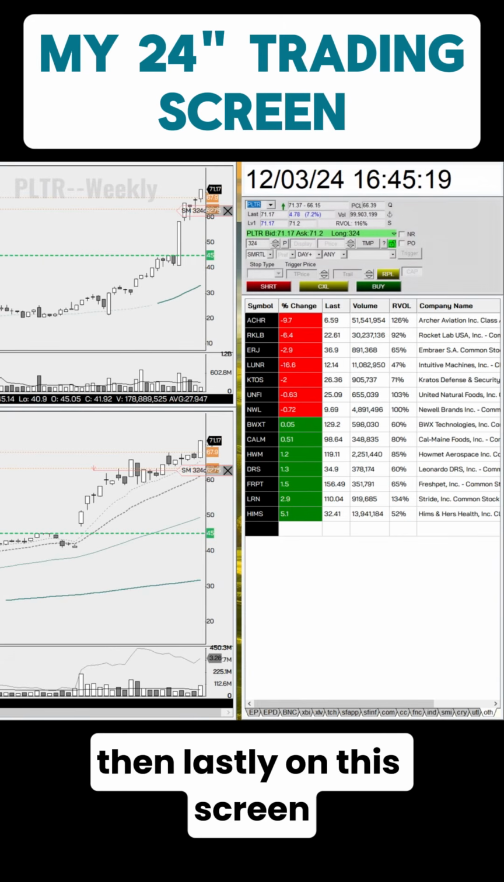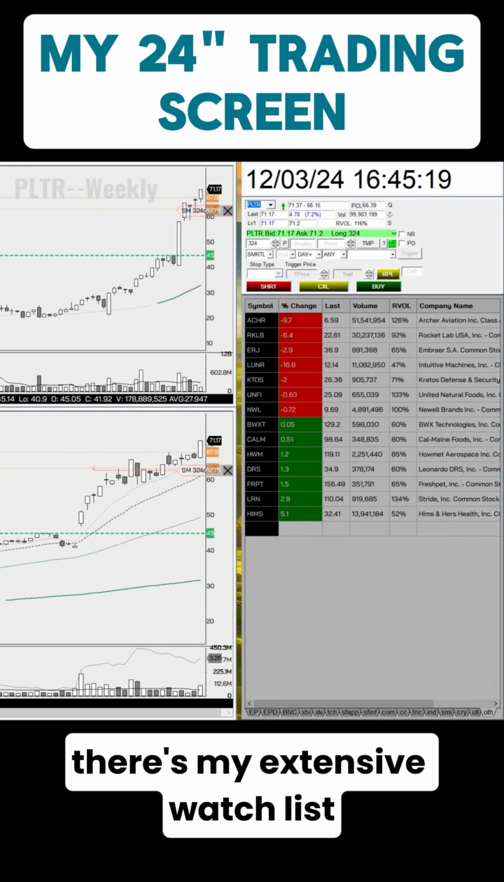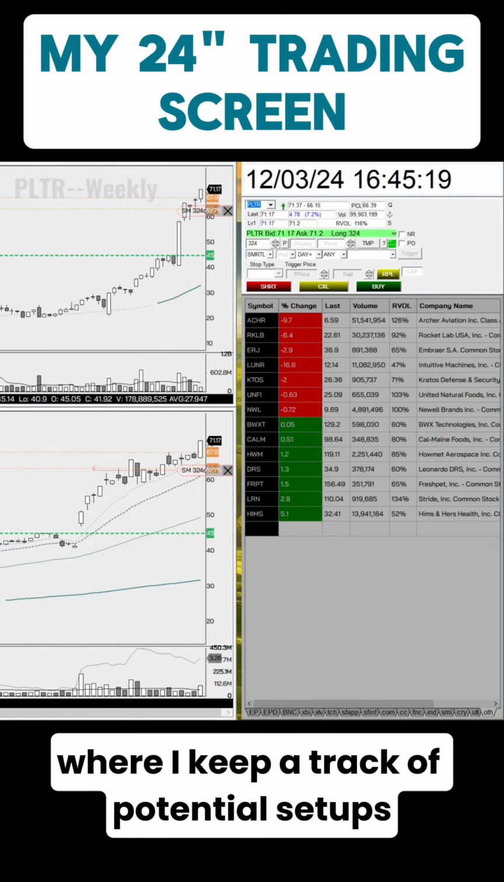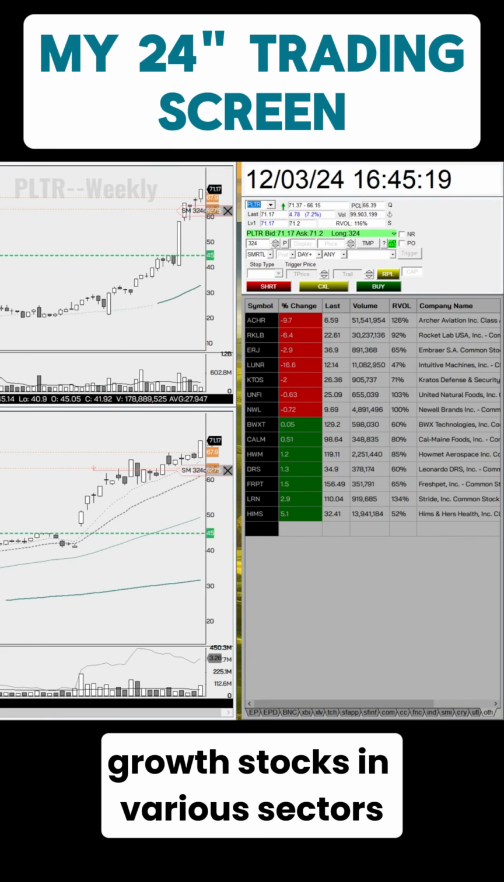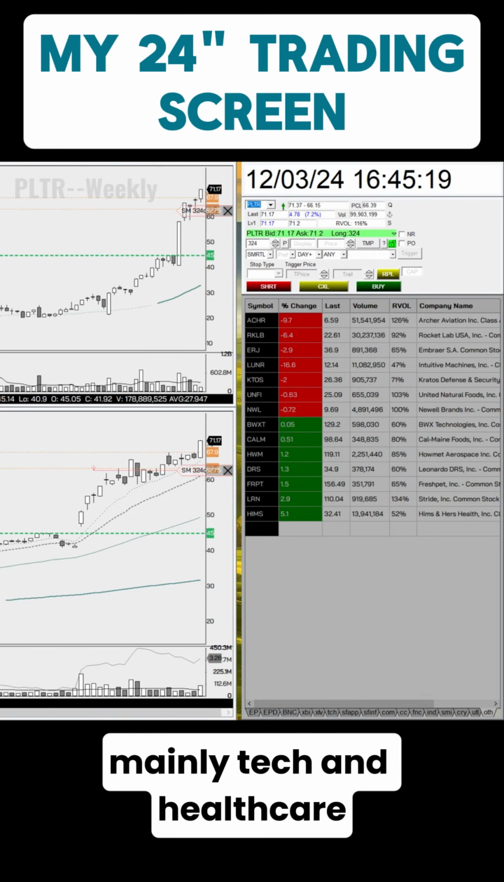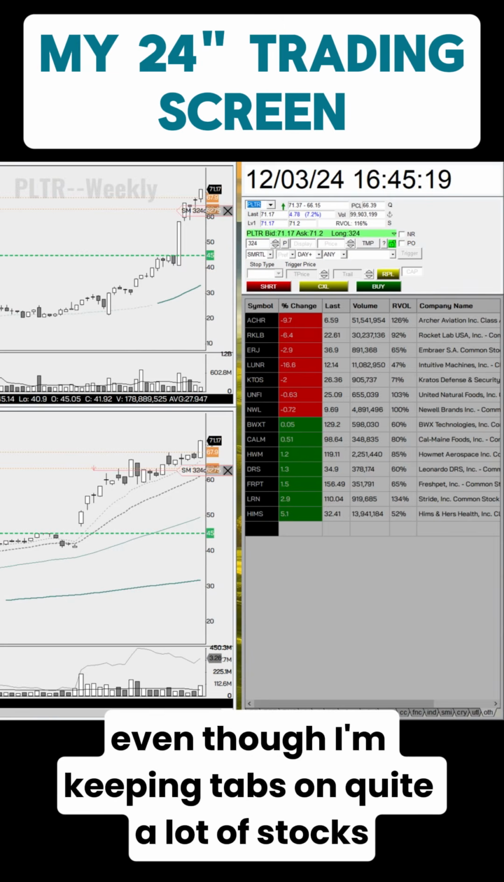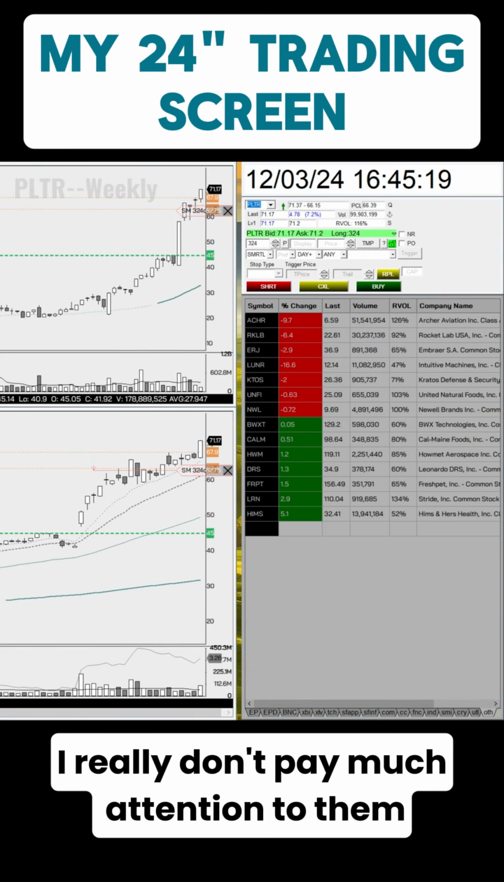Then lastly, on this screen, there's my extensive watch list where I keep track of potential setups as well as the best uptrending growth stocks in various sectors, mainly tech and healthcare. Even though I'm keeping tabs on quite a lot of stocks, I really don't pay much attention to them unless